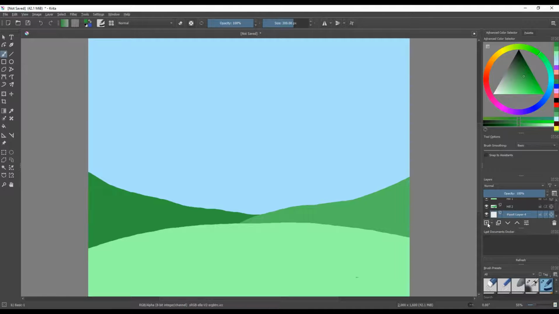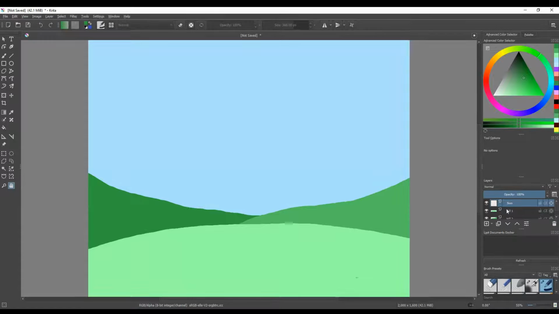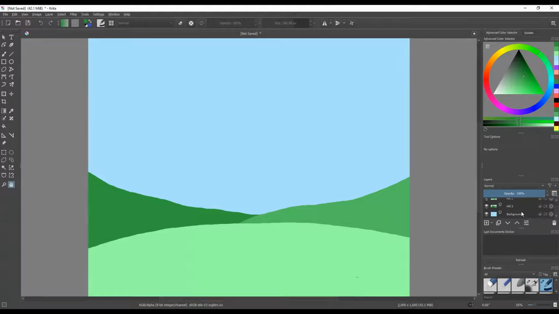Now we're going to add a new layer that I'm going to call sun. The reason I'm doing a different layer for everything is because it helps keep things a bit more organized, I find, and overall just helps you draw a little bit more efficiently. So you're going to make a layer called sun and put it above all of your other layers, and I'm going to pick out a nice color for my sun, another kind of pale white,